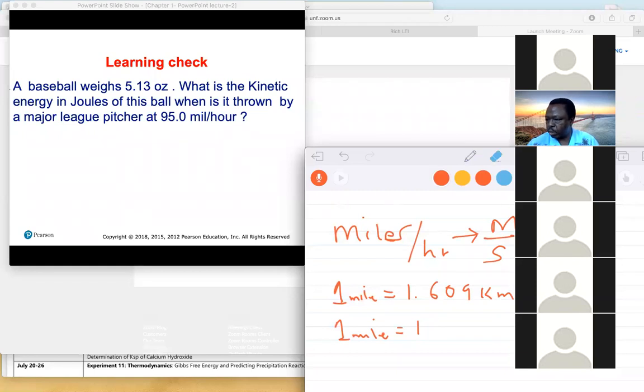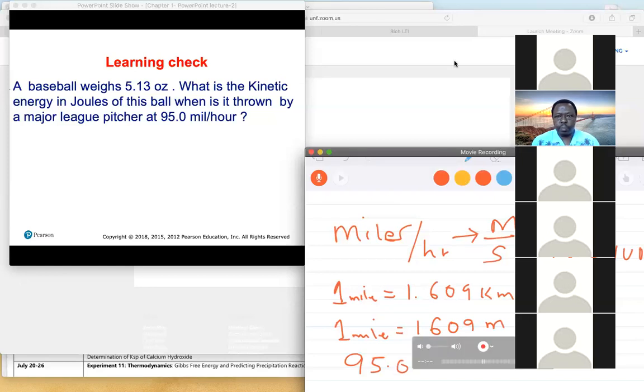If I change that to meters, 1 kilometer equals 1,000 meters. So multiply that by 1,000, and you end up with 1,609 meters. So if I change the miles, which is 95.0,